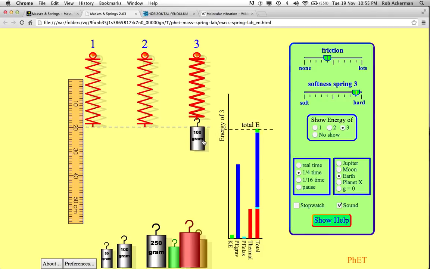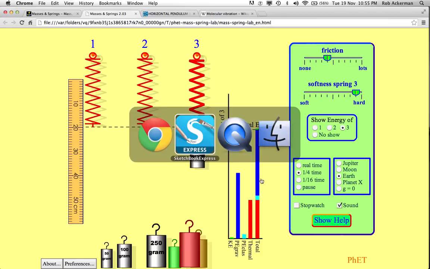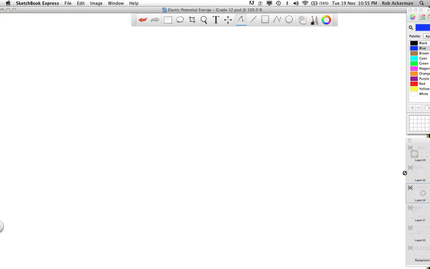Watch what's happening to the motion. It is actually slowing down, getting less and less kinetic energy, less and less of all the other kinds of energy, and sure enough, very shortly, this mass will come to rest. All right, so a lot of fun that you can have with this, and we're going to need to keep these ideas in mind as we go on to our final, or second last,